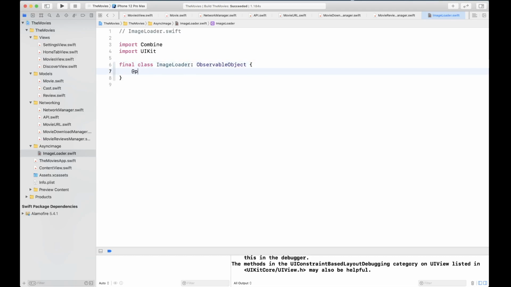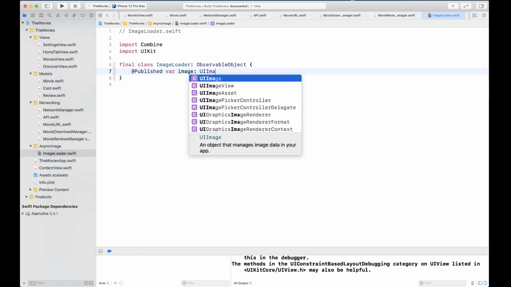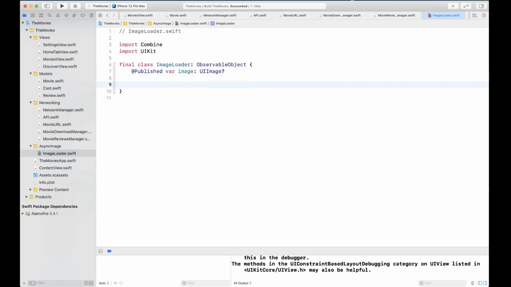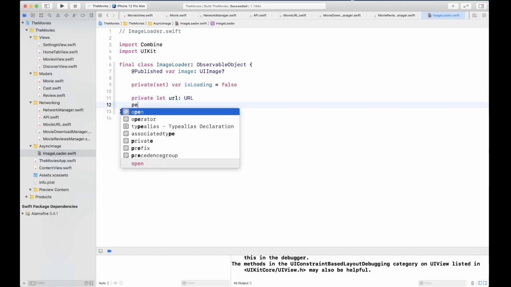Okay, it is going to publish an image of type UIImage. Okay, and we're going to create a privately settable variable isLoading to indicate if the image is loading or not. Okay, and we're going to create some variables. So URL,